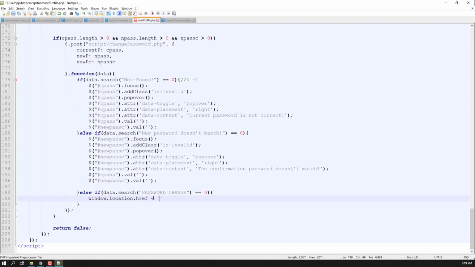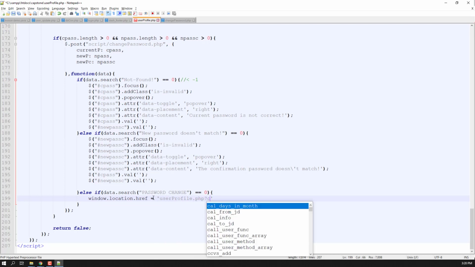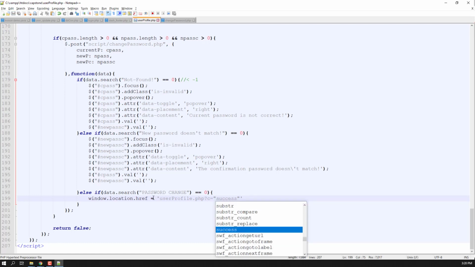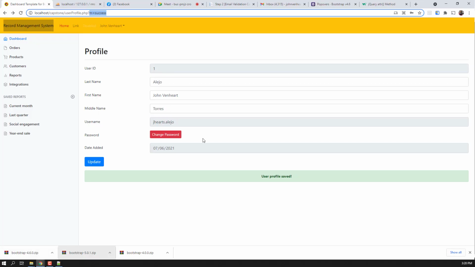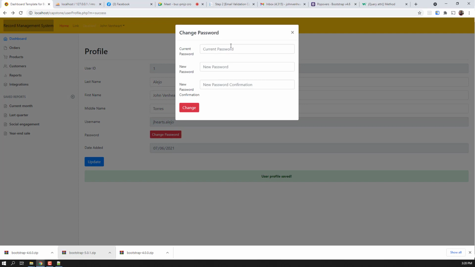And we can use user profile.php, and we have c equals success. C is for change. So that means if it is correct,